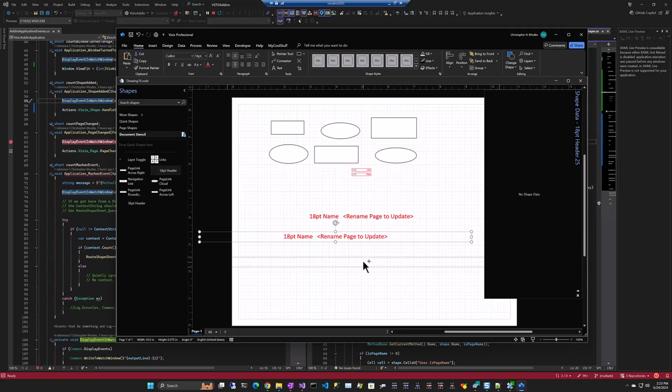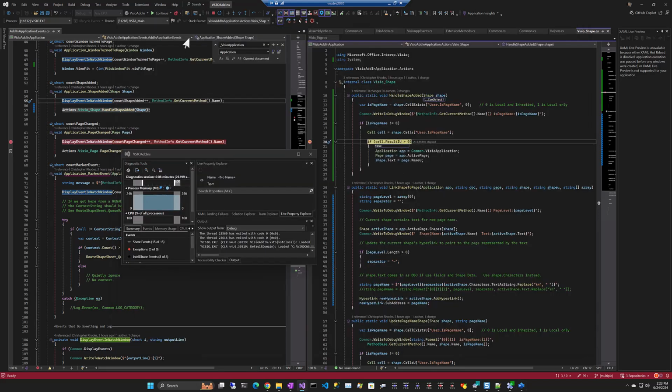Yes, drag it on. It is updating, so you've just convinced me that we don't need this code. We are just going to, if we have an IsPageName shape, if the cell exists, then we will